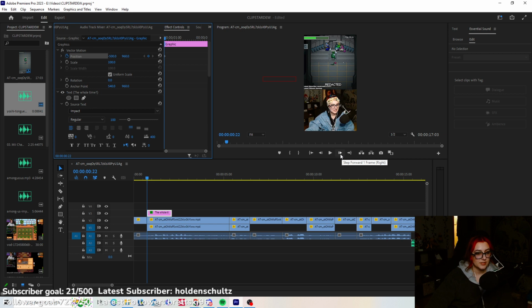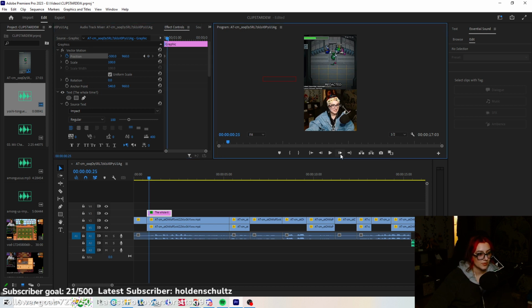And then you can use this to move one frame at a time. I usually do 3 or 4. 1, 2, 3. And then I want it back to center, which is 540. So here's the keyframes. As I type that in, it'll form a new keyframe. That means from this keyframe to this keyframe, I want it to move from that spot to this spot.